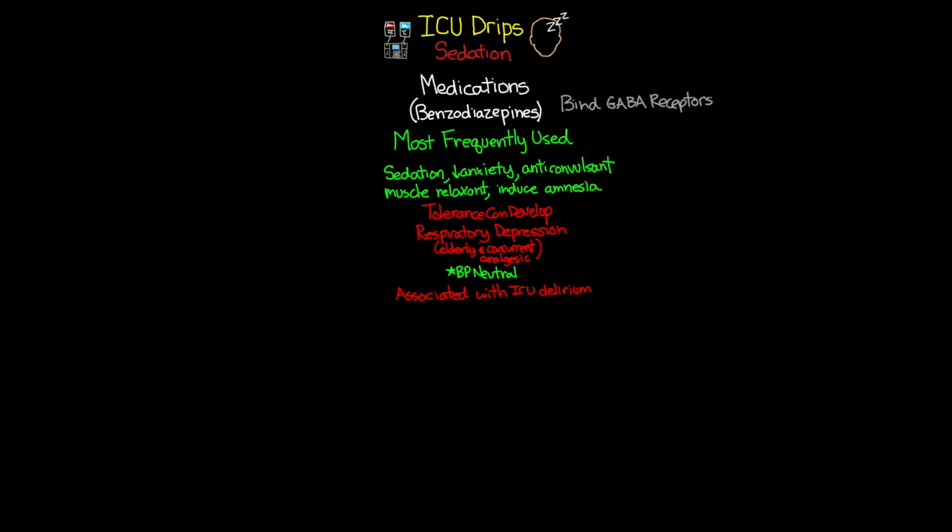So within the benzo category, there's primarily 3 main benzos that you're going to see. First one is a medication called midazolam, or what you'll also hear referred to as Versed. The other is a medication called lorazepam, or what you'll hear referred to as Ativan. And the last one is a medication called diazepam, which also goes by Valium. And so when we look at these meds, our midazolam or Versed is going to be our short-acting benzo. Lorazepam or Ativan is going to be our intermediate-acting benzo. And diazepam or Valium is going to be our long-acting benzo.